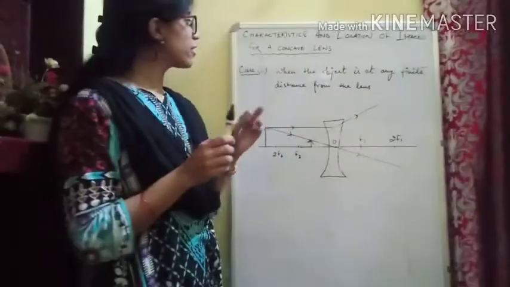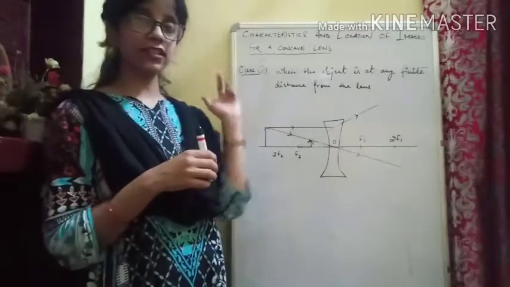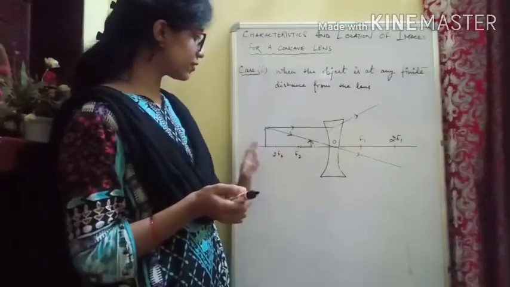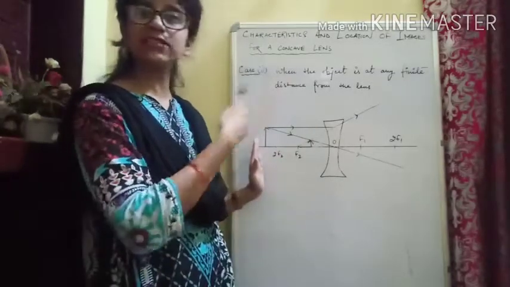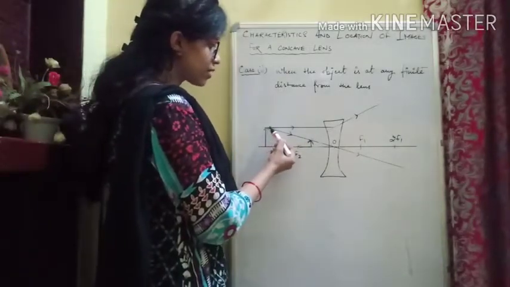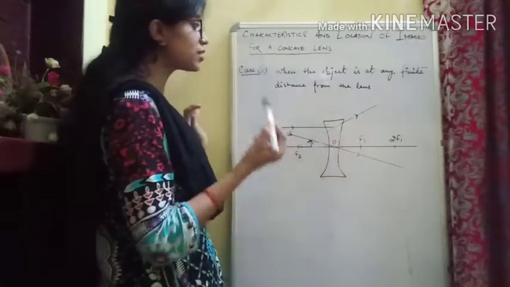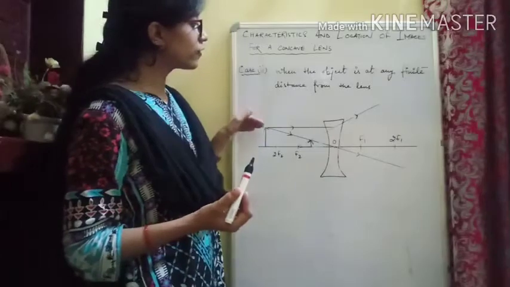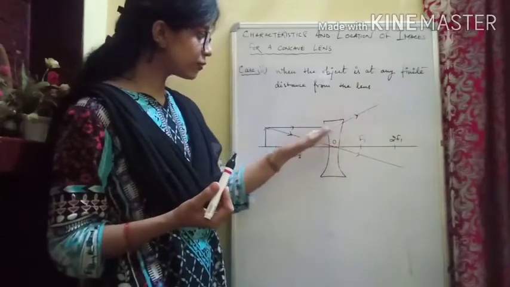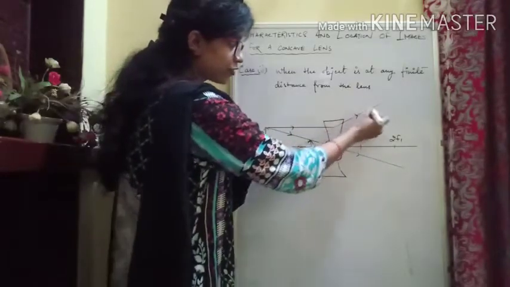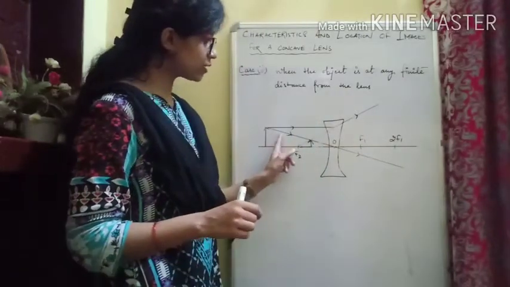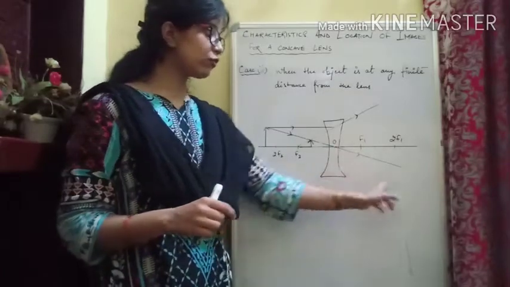This is our second case, where the object is at a finite distance. In the first case we had taken the object at infinite distance, and now the object is at a finite distance. That means we are placing the object beyond 2f2. You can place it anywhere, at any finite distance. So let us take one ray, the first ray coming from the object parallel to the principal axis, and in the case of a concave lens, we know if the light ray is parallel to the principal axis, after refraction it appears to come from the second focus. You see it is diverging here and it appears to come from the second focus. And the second ray which we are taking is coming through the optical center, so it will move undeviated.